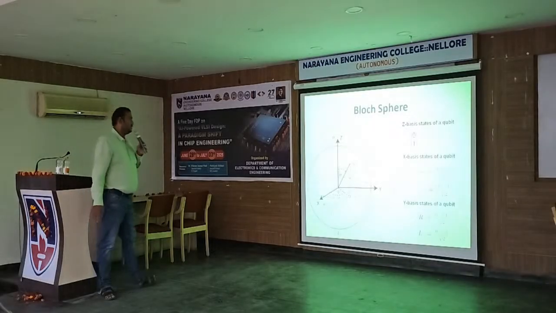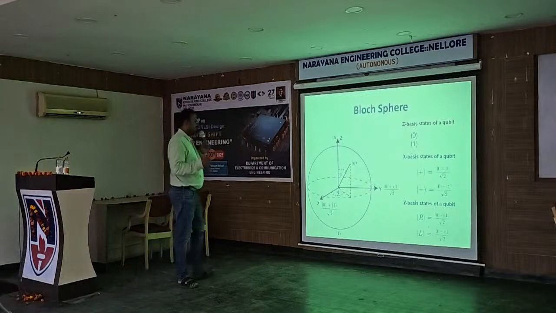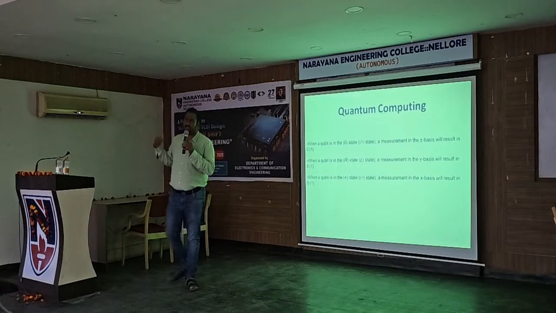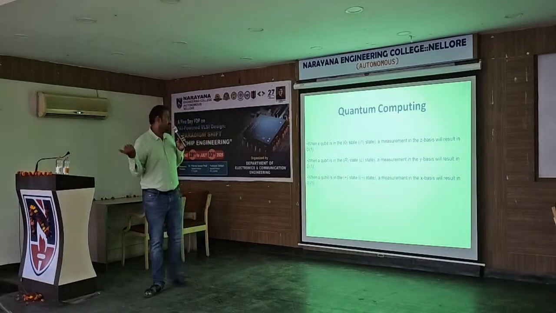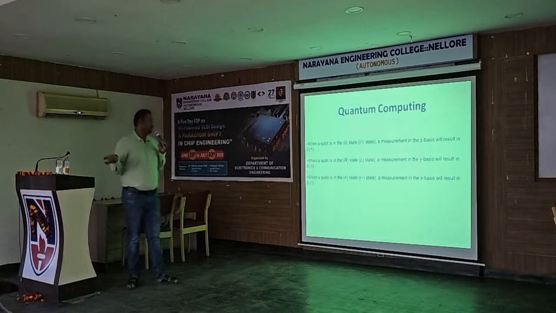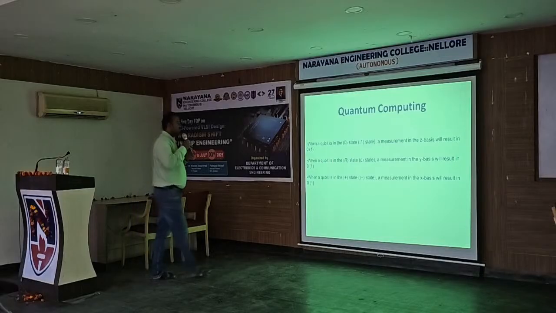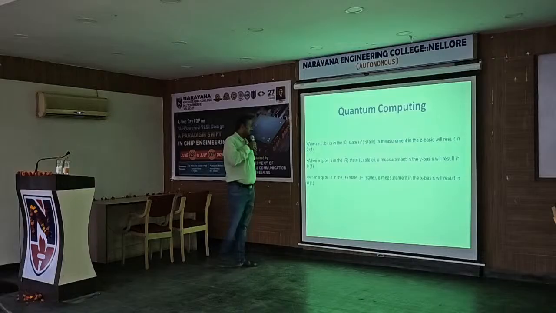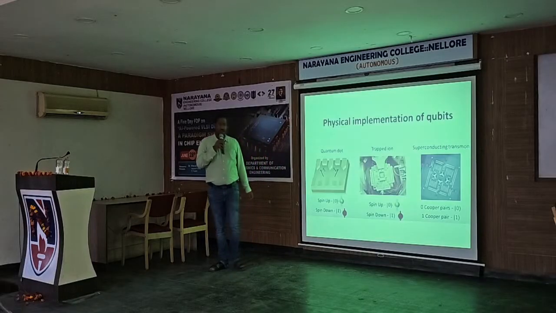So you have to take one basis. You want to use one basis for representing the states. You can take the Z basis or the X or Y basis. When a qubit is in state 0, the measurement in the Z basis always results in 0. And you can see that